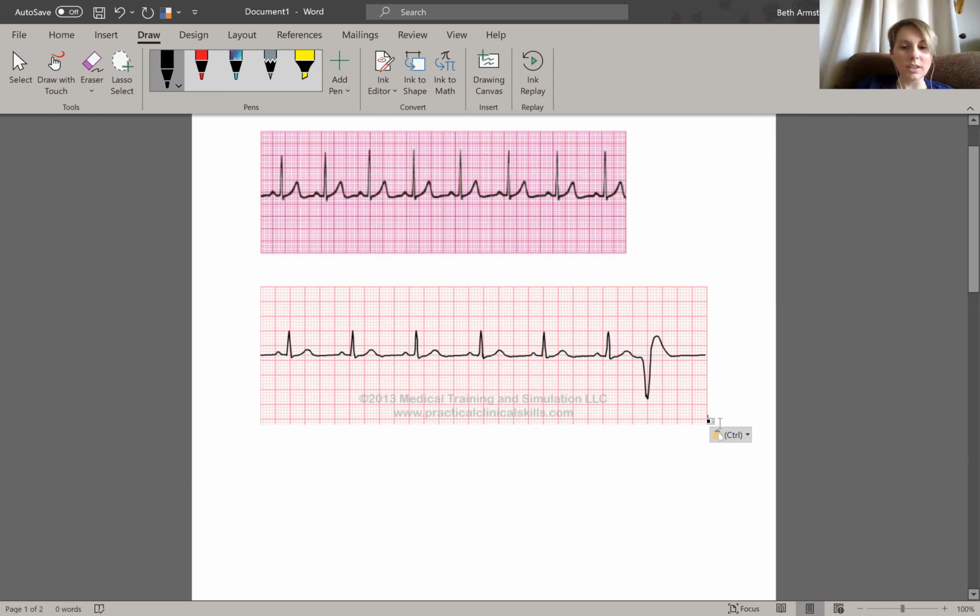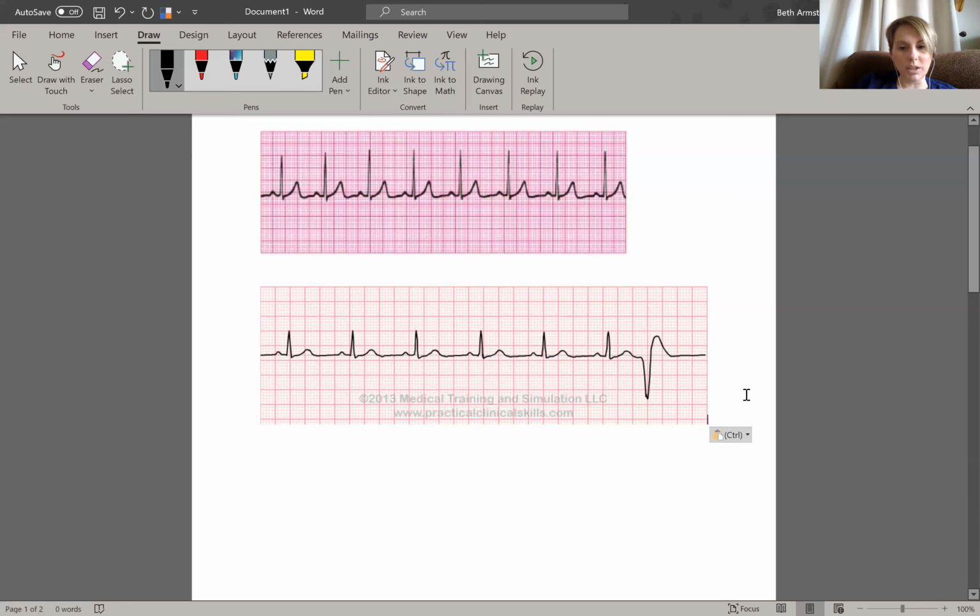The difference is that here you'll notice that you have a P, QRS, and T. All of these have your P, QRS, and T waves. And then all of a sudden, you have this P, QRS, and T. And then this one right here,